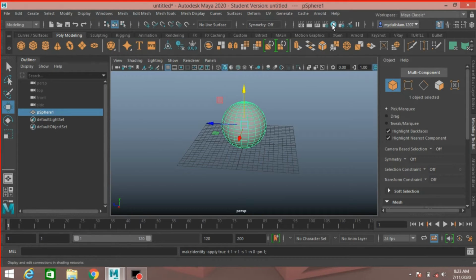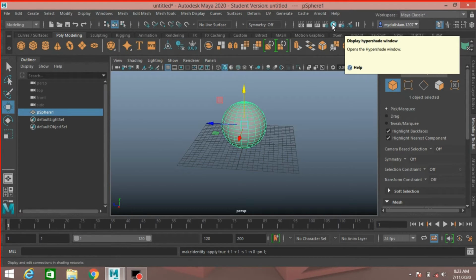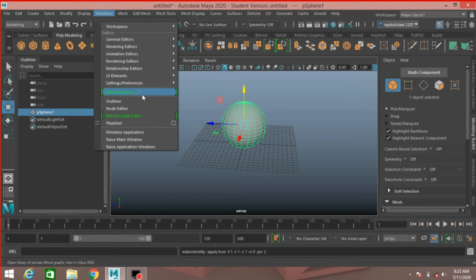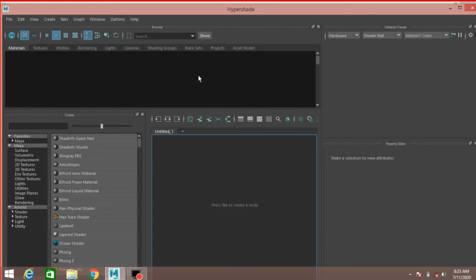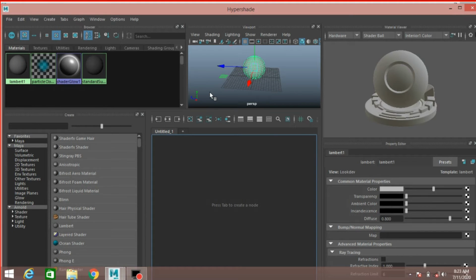Now click on this hypershade icon or go to Windows, rendering editor, click hypershade. Now click on this Maya tab, click surface and slide it.